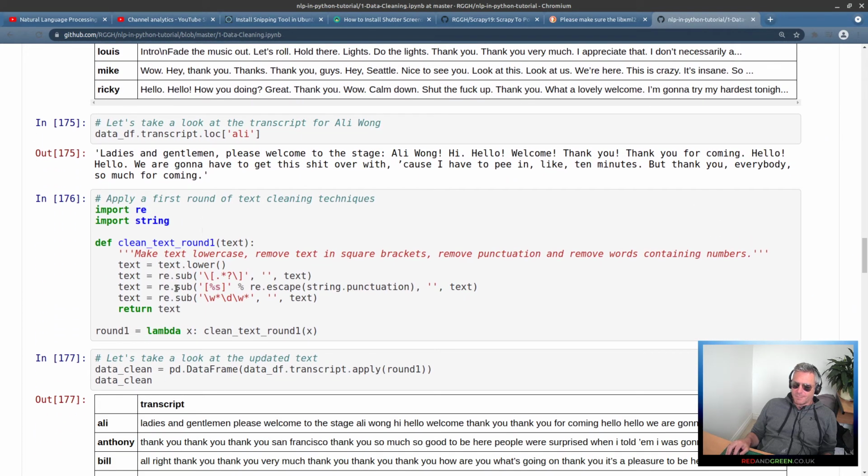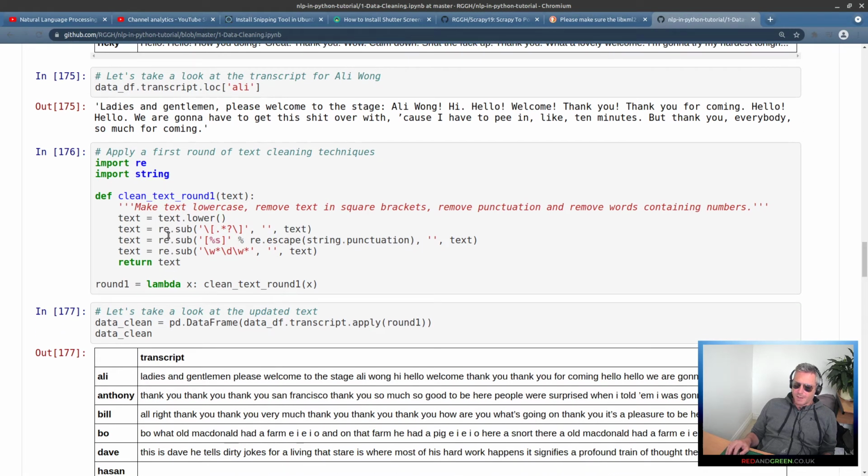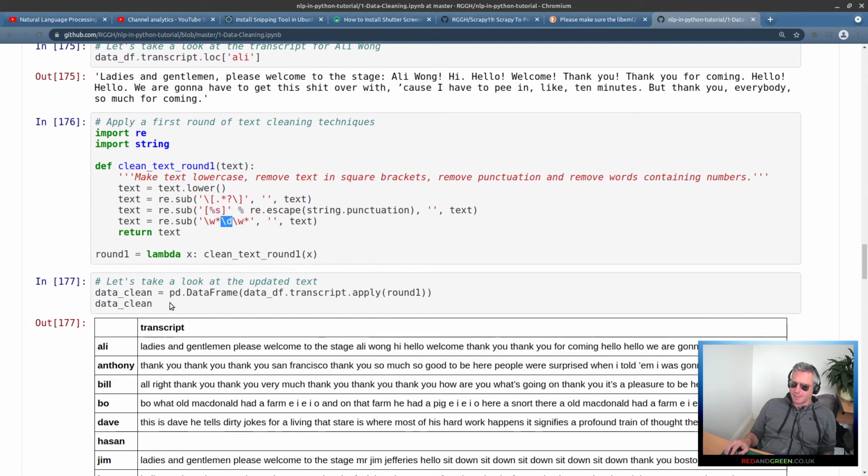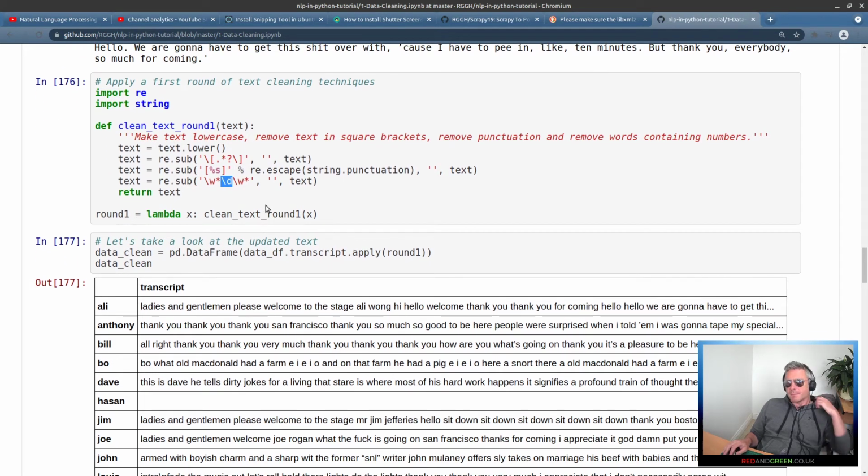She does cleanups with regular expressions, re.sub, and basically she's removing some, what's she removing? Text in square brackets, punctuation, and words containing numbers. So yeah, they've got \d for digit. And she's using lambda, which is really